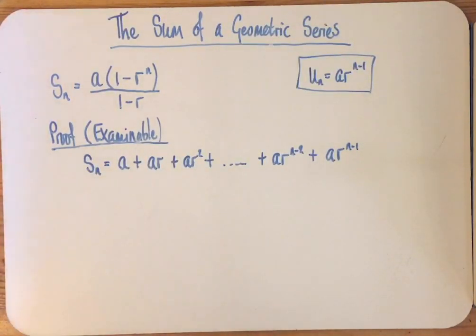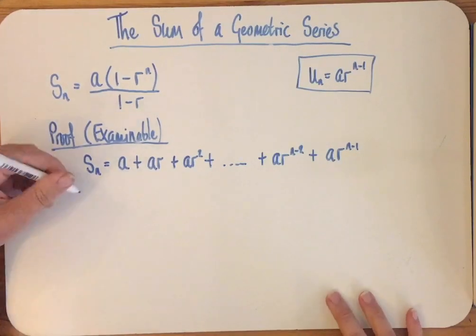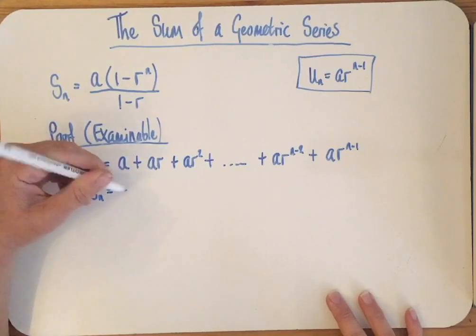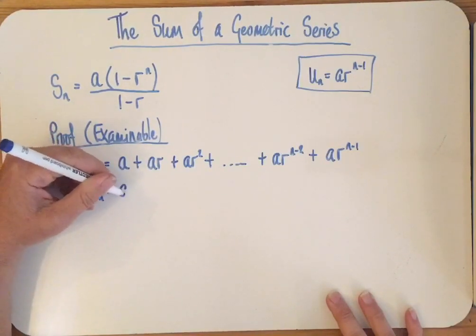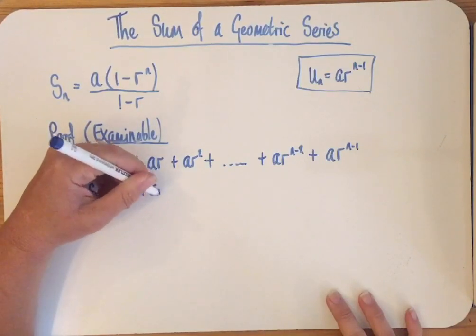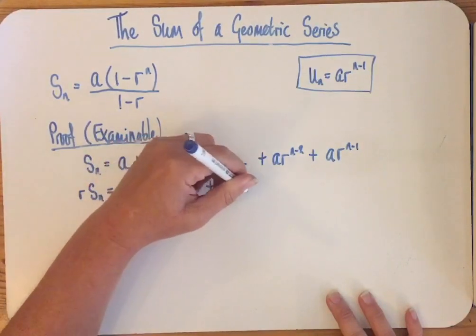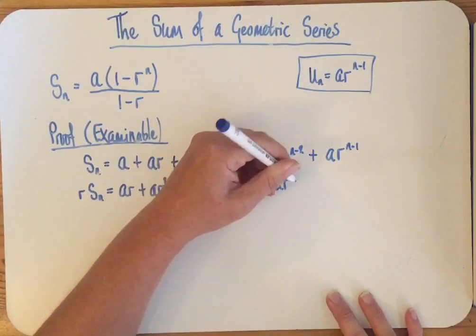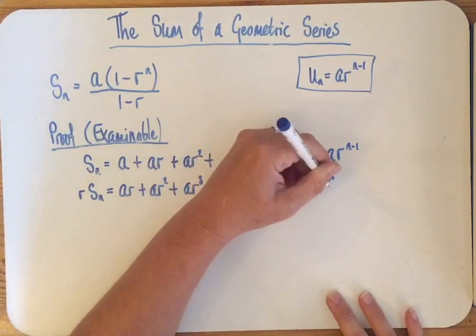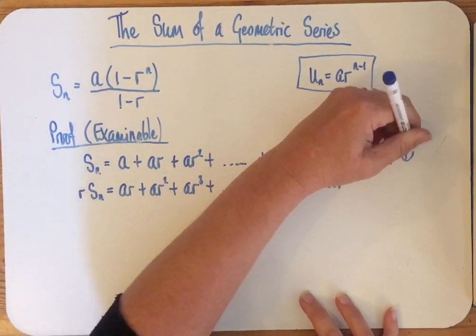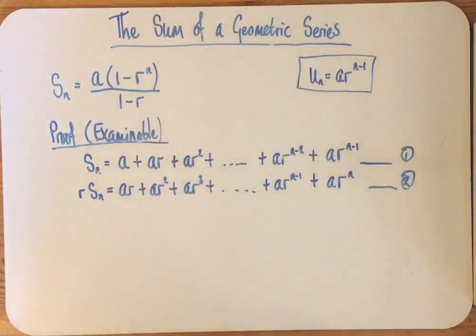And then you times through by r. So times through by r, get ar plus ar squared plus ar cubed plus ar to the n minus 1 plus ar to the power n. So if I call that one equation 1 and that one equation 2, and then if we do equation 1 minus equation 2,